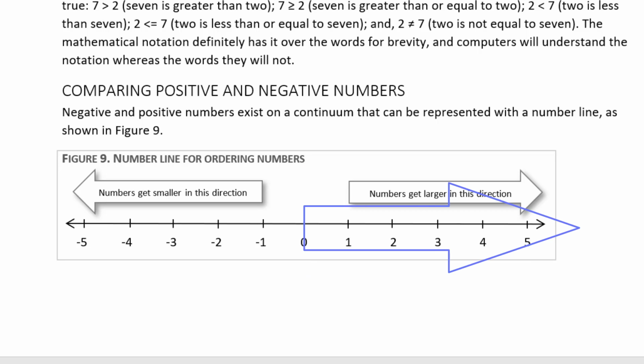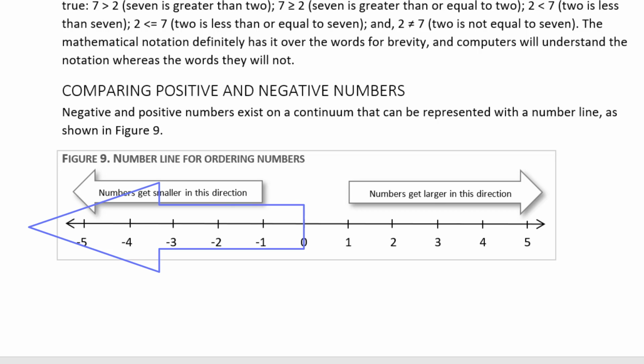To the right of 0 are the positive numbers, the counting numbers, 1, 2, 3, 4, 5. Also, though, to the right of 0 are all the subdivisions between those numbers. So 1.1 is on this number line. 2.4 is on this number line. They're not written in, but they are there because those subdivisions are understood to be there when you look at number lines. To the left of 0, you have the negative numbers.